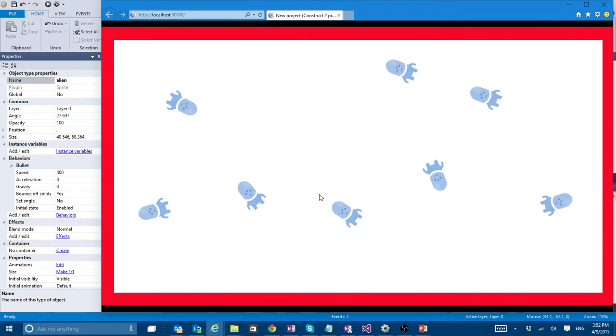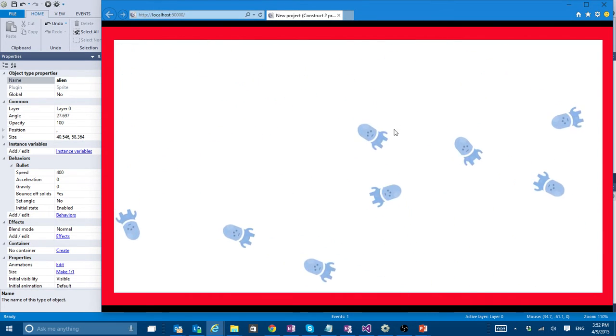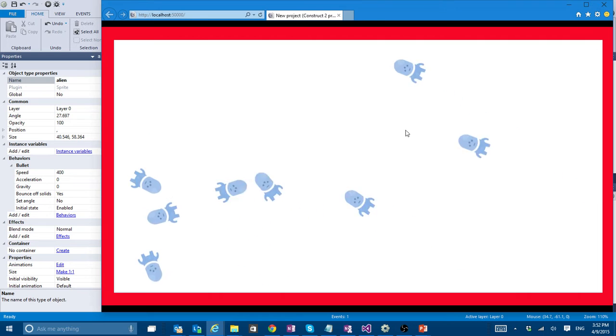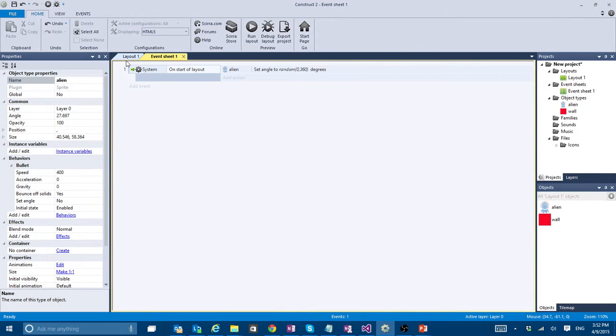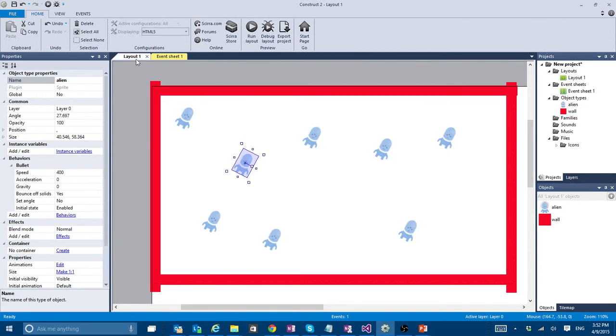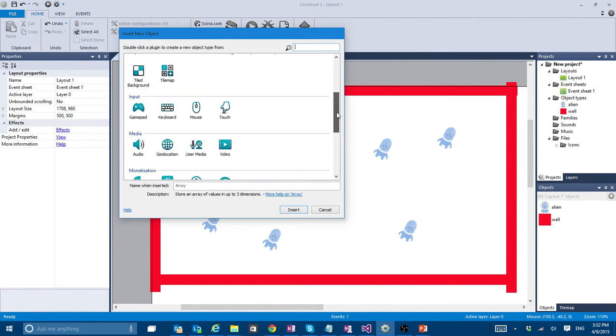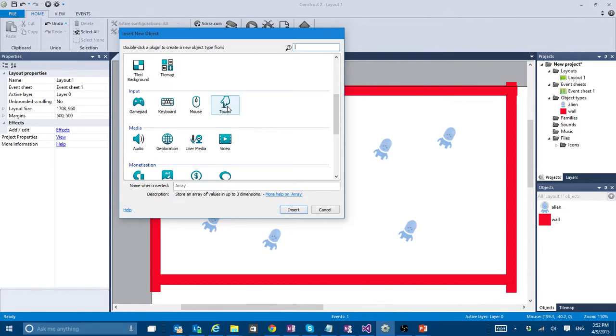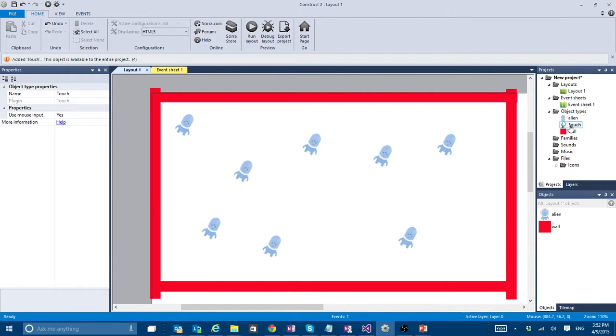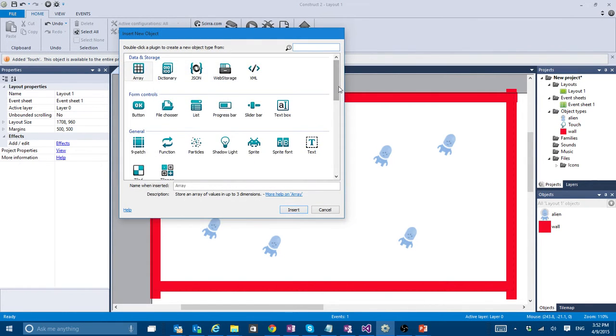all the aliens started with a different angle, and now they are going all crazy. That's really cool. So I'm going to go back here to the layout, and I'm going to add a small element, again double clicking, and this one is going to be touch. Okay, so why did I pick touch? I'm going to show you that I also have